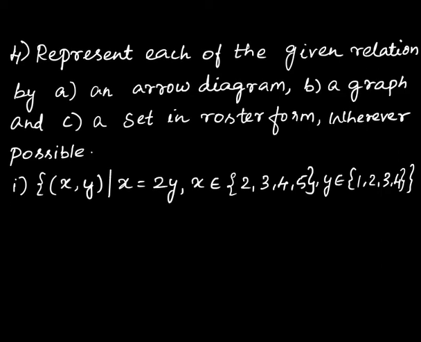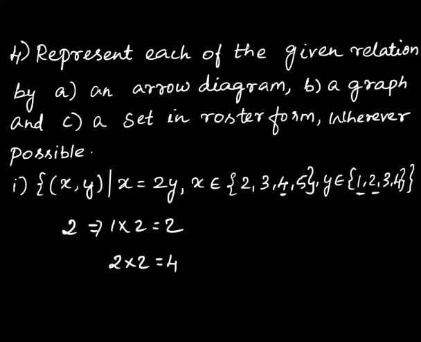So in the question they have given x = 2y, which means when you multiply 2 with the y value, you are getting x. So we'll just check for the first number 1, multiply 1 by 2. So 1 into 2, it's 2. So we have the x value 2 here. So next we will check for the next number, that is 2. So 2 into 2 is 4. And you have 4 in x.